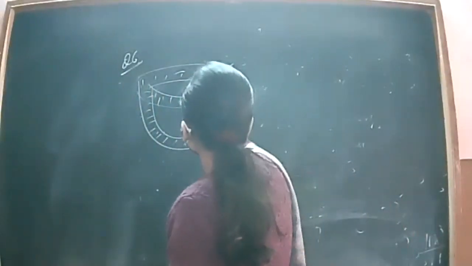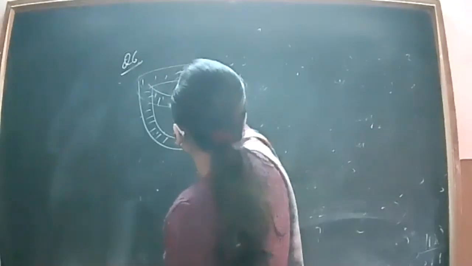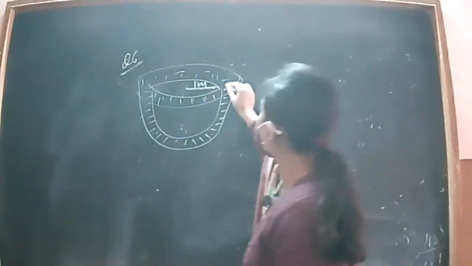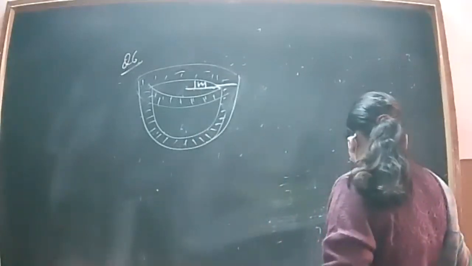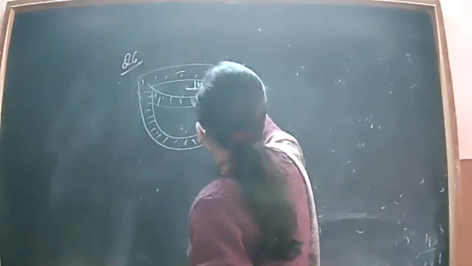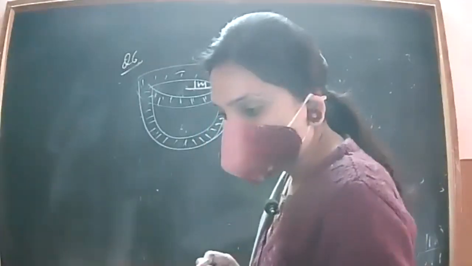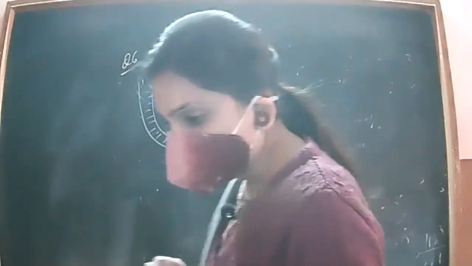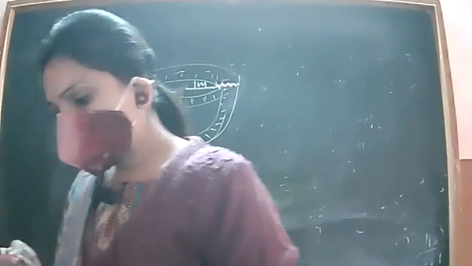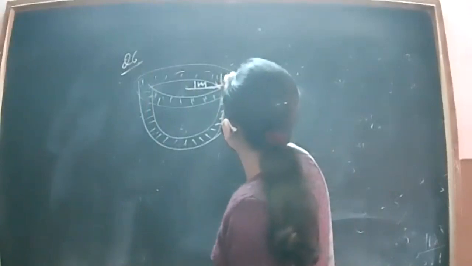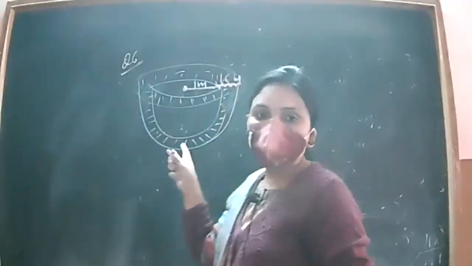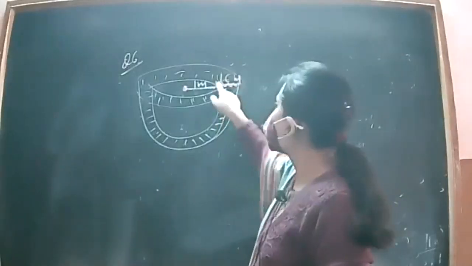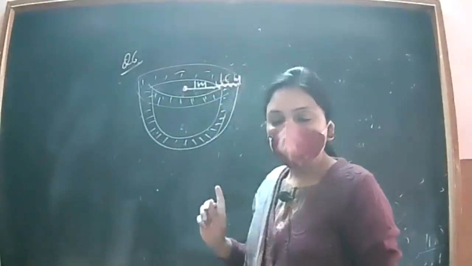This is the inner radius, 1 meter, and this is the thickness of the iron. It should be drawn on a straight line. This is the thickness of the iron and this is 1 centimeter. This is the radius of the hemisphere, 1 meter, and this is the thickness of the iron, 1 centimeter, right?